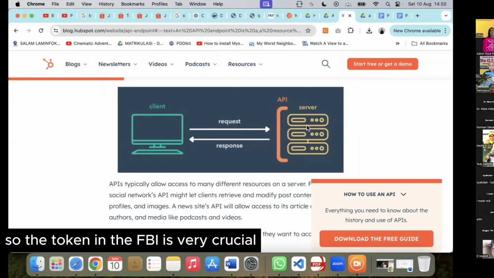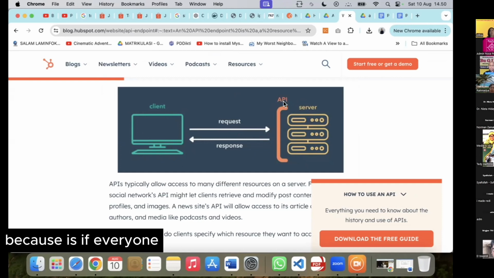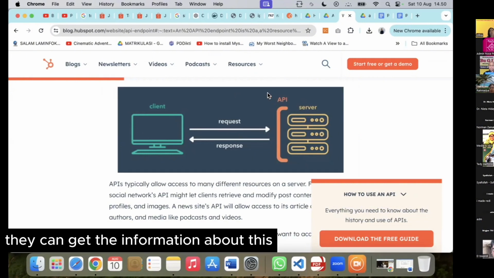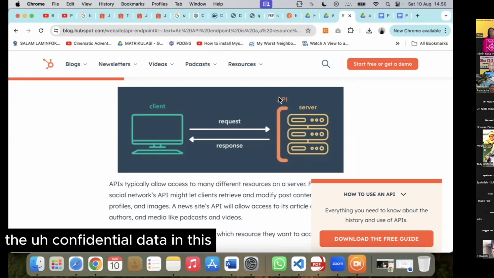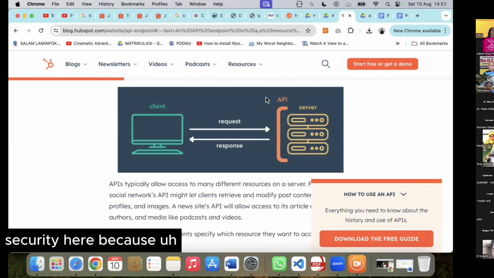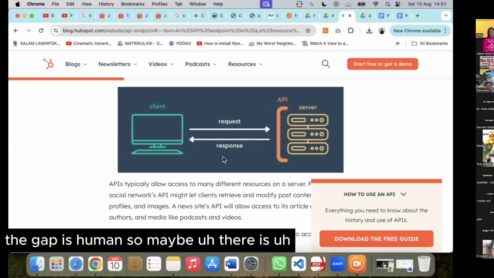The token in the API is very crucial, because if someone has access to the API token, they can get confidential data. So the API token should be maintained, and there is a security issue here, because the guard is human.